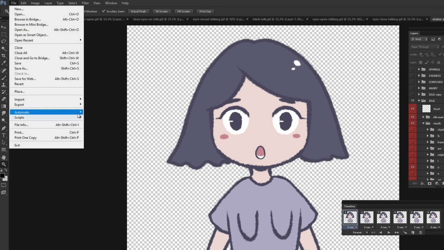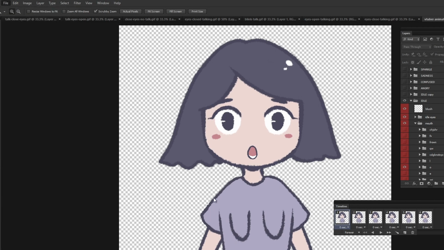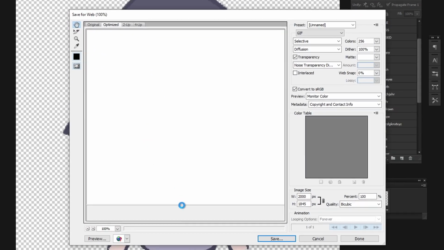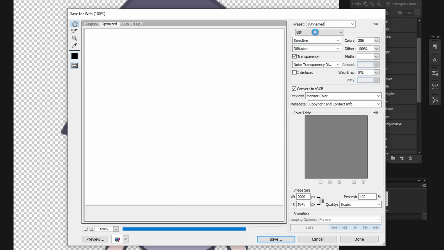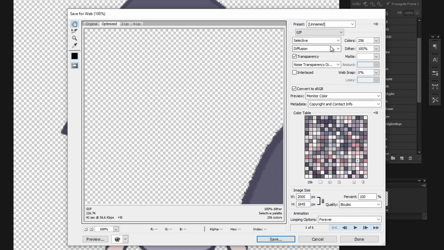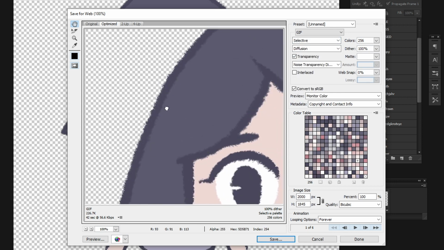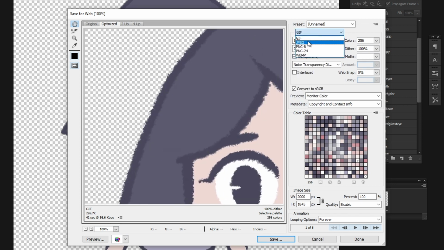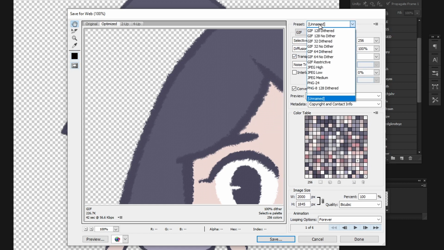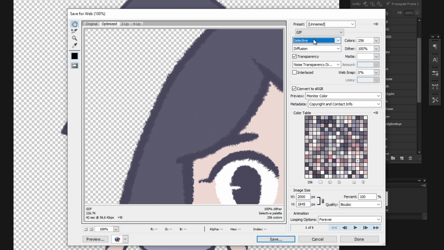You're going to go to File, click Save for Web, and then in Save for Web, you can basically follow whatever I have right now. But remember to put GIF for this one. Honestly, I just don't bother with all of this, but you can play around with it.